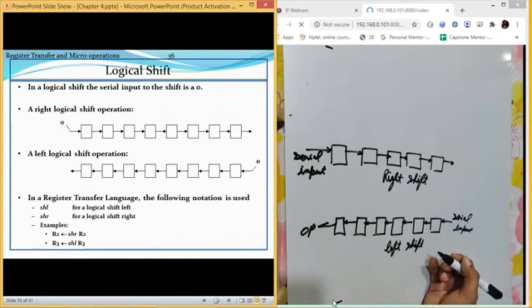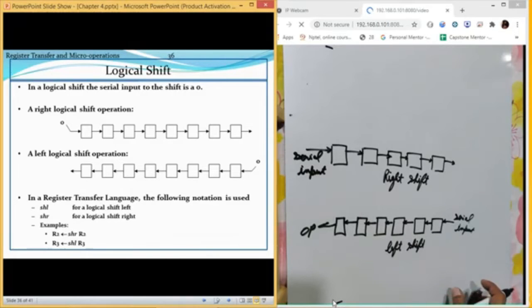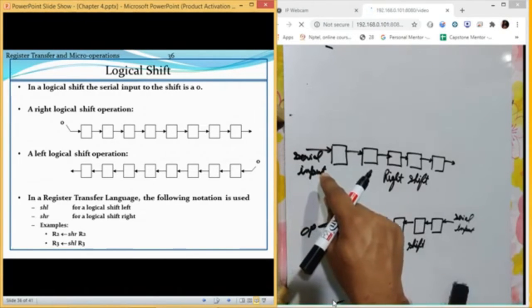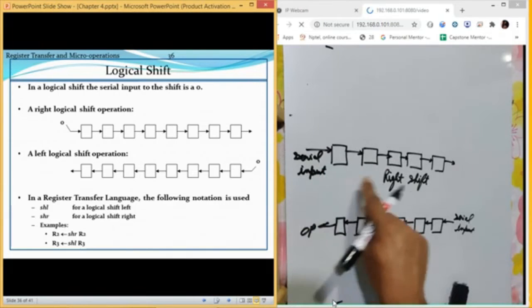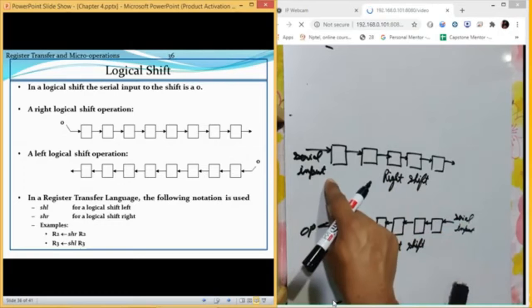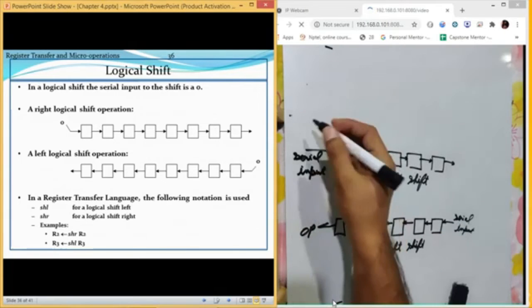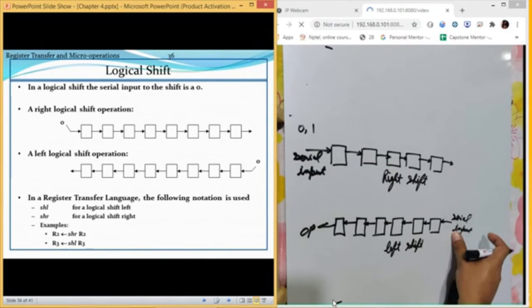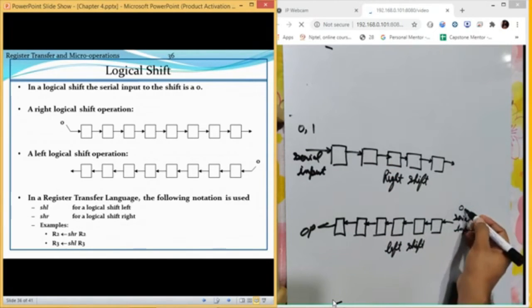So next is logical shift left and logical shift right. Please remember, in the normal shift, which is the simple right shift, the value which we input here is a serial input, meaning it can be a 0 or it can be a 1. Similarly in this case this value can be 0 or 1, anything.